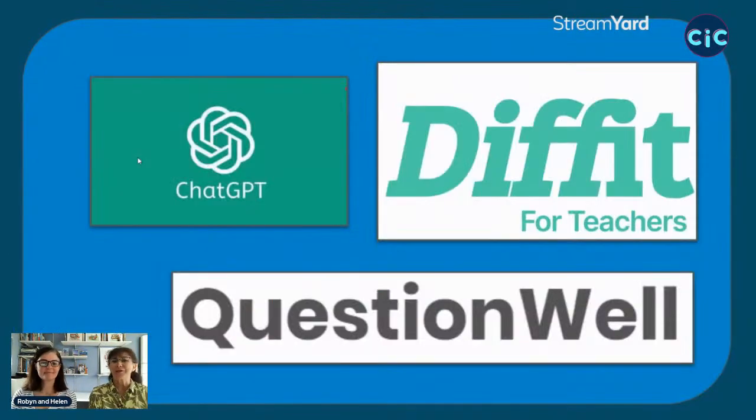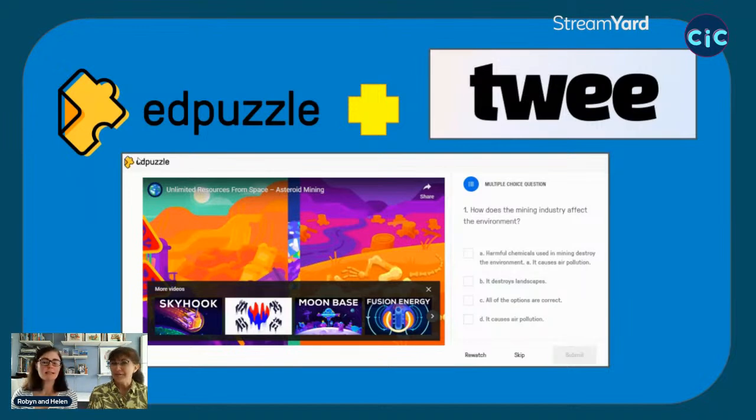Remember that we offered ChatGPT, we offered Diffit, which we preferred slightly. Question well. Don't go without that this term. Yeah, incorporated Edpuzzle and Twee and generated some nice visual assessments. And if you're bold and brave, do a comprehension in your final exam. I mean, why not, actually? It's fun. And if we aren't up to our eyeballs in AI already, what would you like to push on us now, Rob?